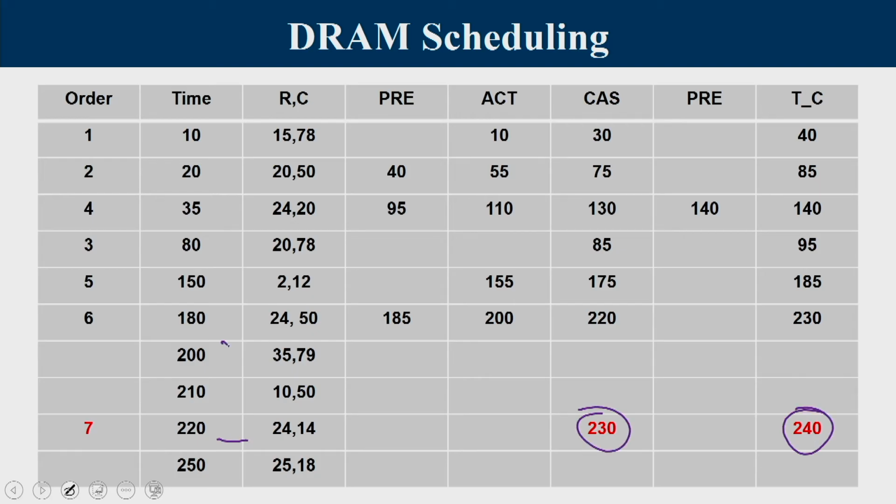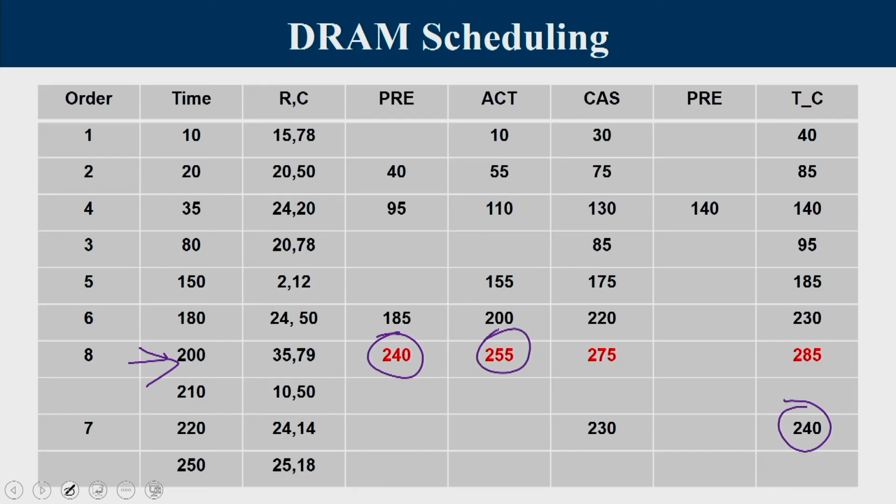Now by 240, these are the two that are already there, out of which none of them is to the same row number 24. So you go as per FCFS policy. So that makes this the request that is to be serviced. At 240 you give pre-charge. So you are completing a transaction at 240, at the same cycle pre-charge is given, 15 cycles, activate is given, 20 cycles, cache is given, 10 cycles, at 285 you complete.